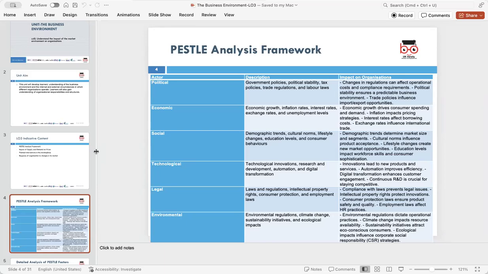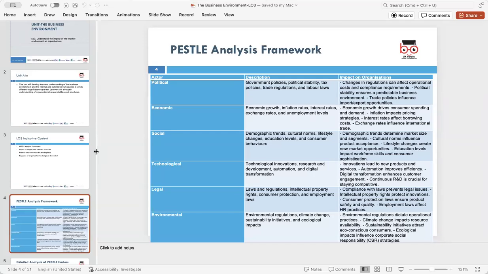Cultural norms influence product acceptance. A product that is popular in one country might not be accepted in another due to cultural differences. Lifestyle: changes in lifestyle create new market opportunities. For example, the rise in health consciousness has increased demand for organic foods. Educational levels,